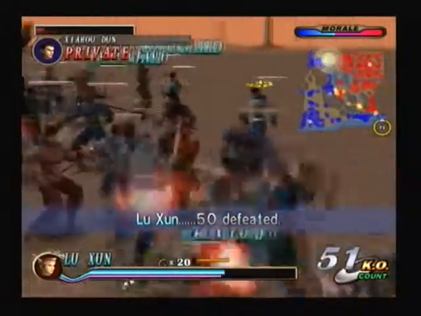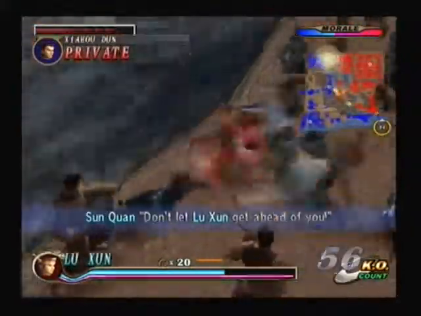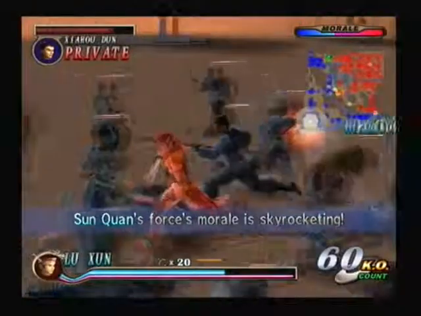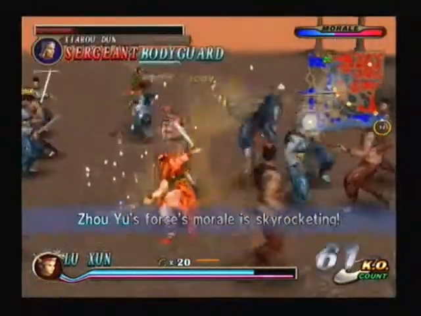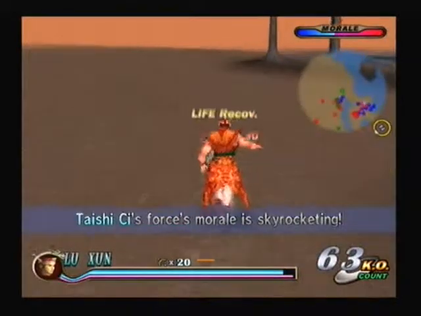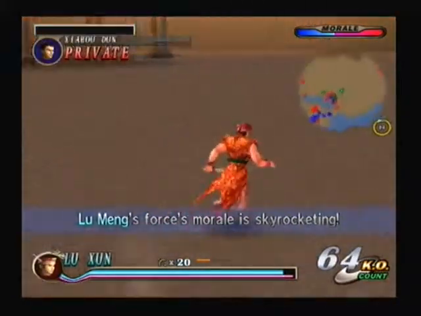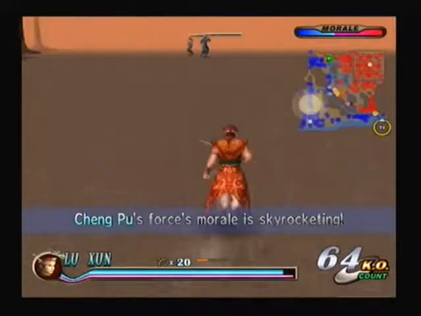But there you go, Cheng Pu, back up Lu Xun. And always get the attack times 2 boosts. The attack times 2 boosts are your saving grace in this game. Always pick them up, and always pick up meat buns, no matter what. If you need them or not, take them. Because you might as well take them if they're there, right? I mean, what's the point in leaving them? Your bodyguards might need them, so...